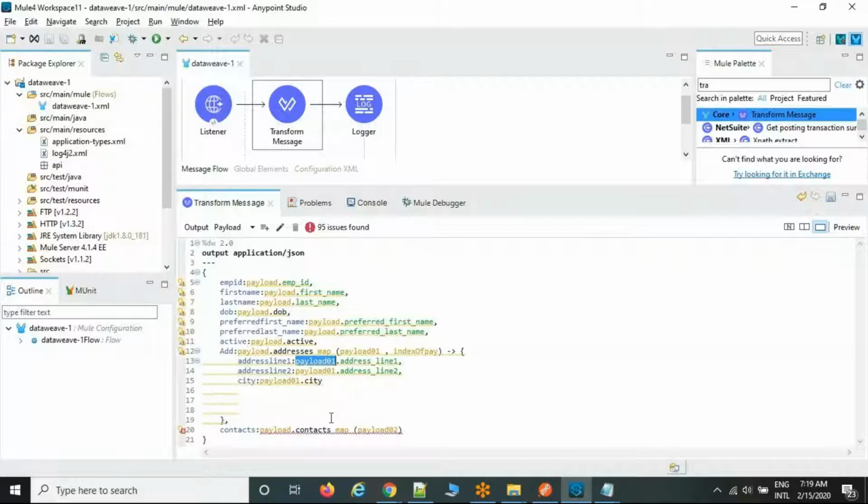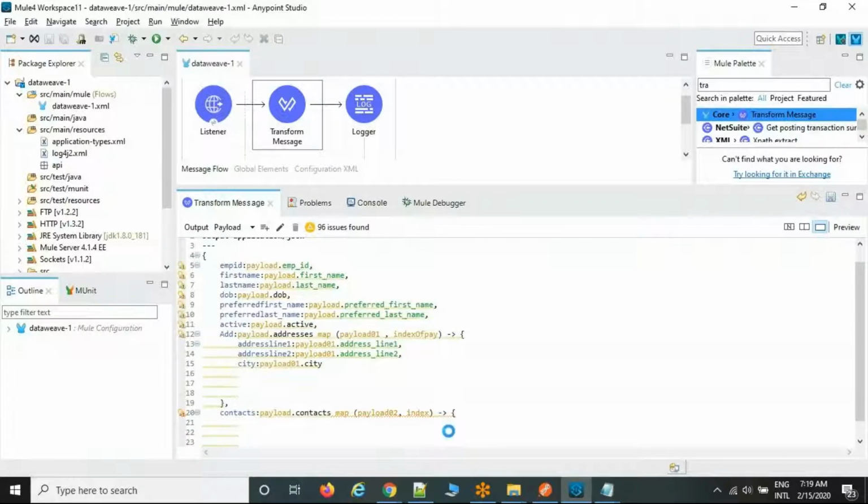So you should maintain two different names inside the brackets, payload02 instead of payload01 in the second loop, or any other name you want. Okay, comma, index. Now arrow, flower bracket started.